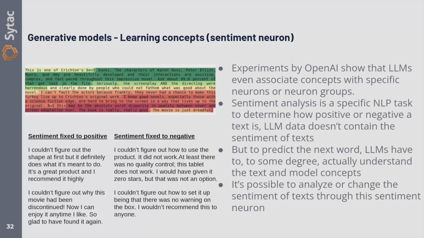So we're actually able to find the specific neuron that does this, and they can flip it from positive to negative. So if you want a super negative chatbot that constantly insults you every time you ask a question, well, then you just flip the sentiment neuron. It's as easy as that.